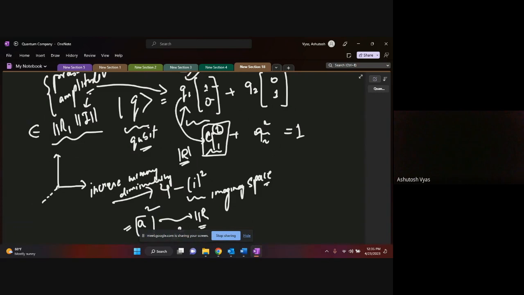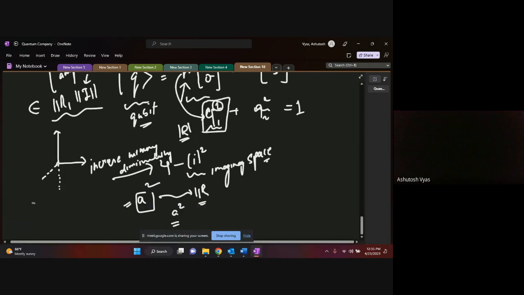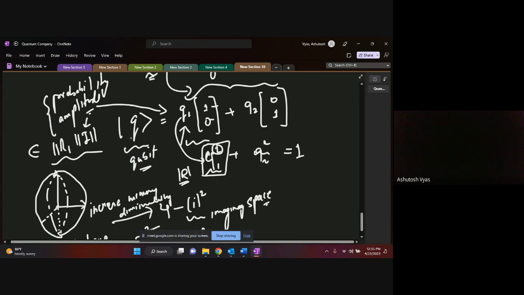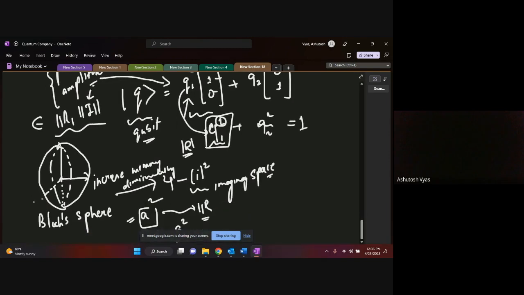Now, I will ask all of you to go ahead and read the theory of the Bloch sphere. The Bloch sphere is basically a concept which fundamentally represents how information is stored in a qubit. Okay, so this is how a Bloch sphere looks. Whatever I have mentioned is the basic theory behind the Bloch sphere for storing information in a qubit.